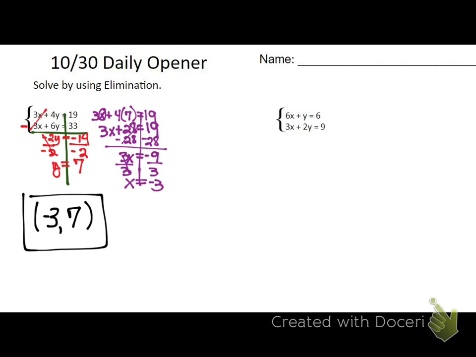So 2. So we're going to multiply that top by 2. Now, if I multiply the top by 2, we're going to multiply every term within that equation by 2 and get a new equation. So that rewritten is going to be